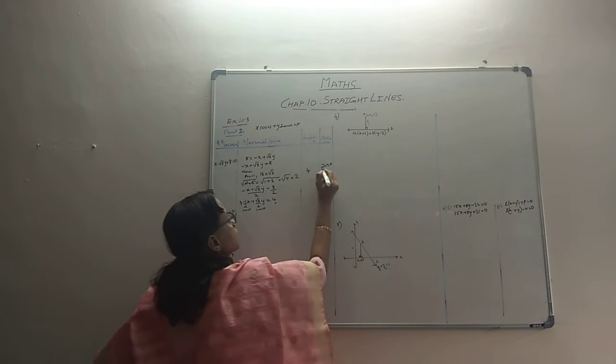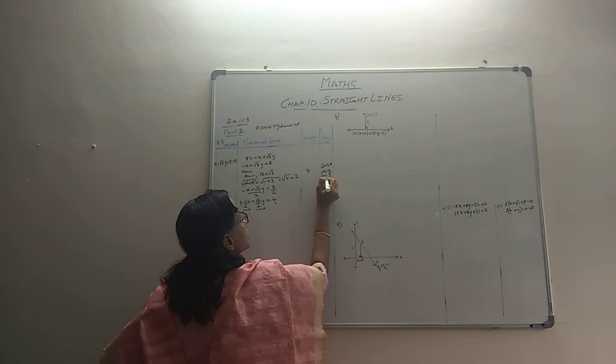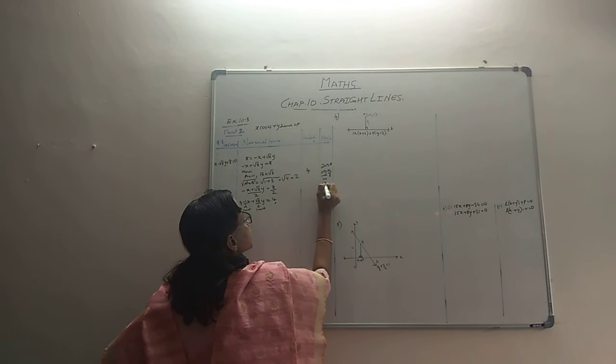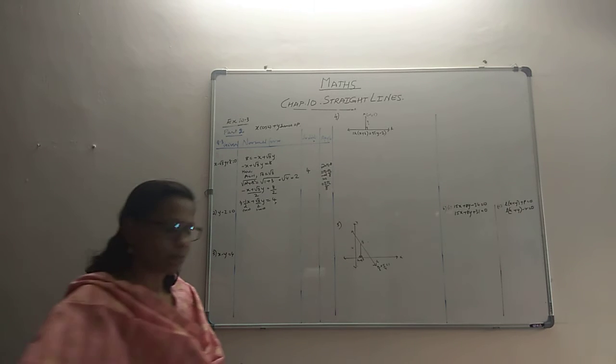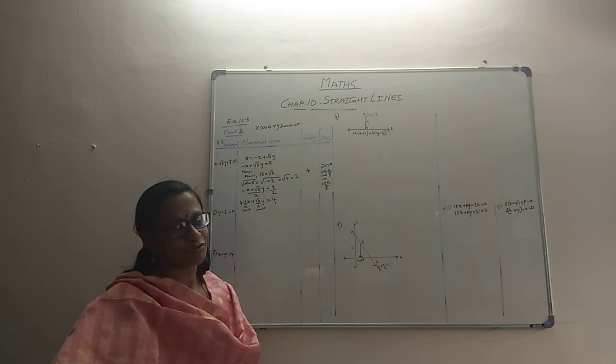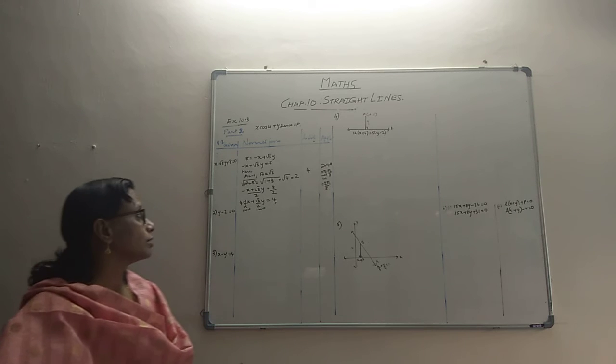So it can become pi minus pi by 3. If we equalize, into 3, 3 pi minus pi by 3, that's 2 pi by 3. So the required angle over here is 2 pi by 3 and the perpendicular distance is 4. That's how you go about getting it converted into the normal form.